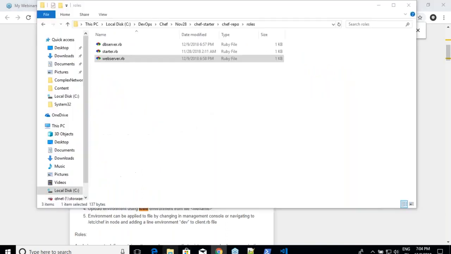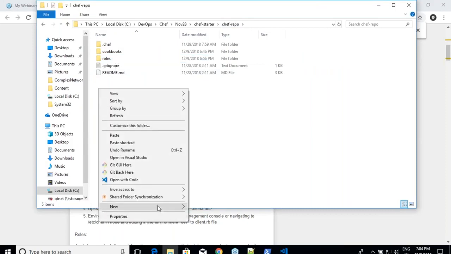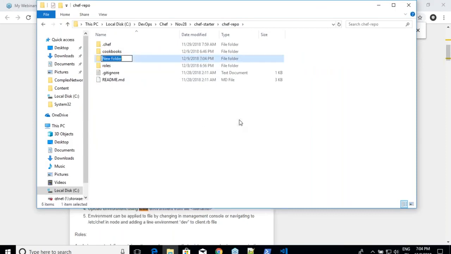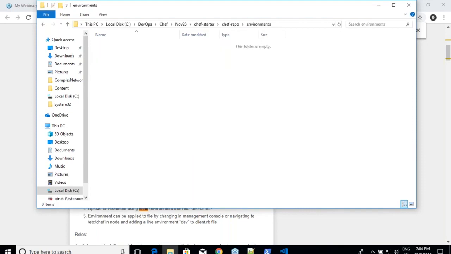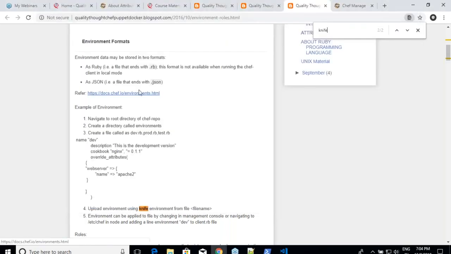Okay. Now, in a chef repo, for roles we had a folder called roles. For environments, we'll have a folder called environments. It will not be there, and we have to create it. Simple. And over here also you can write JSON files or RB files, anything that makes sense to you. Let me go into the environments.